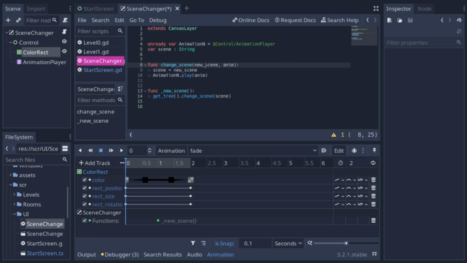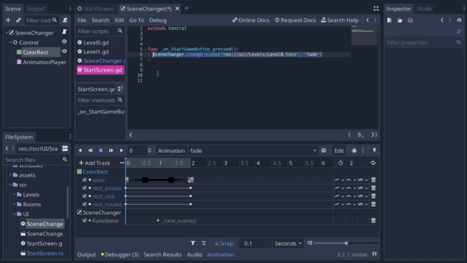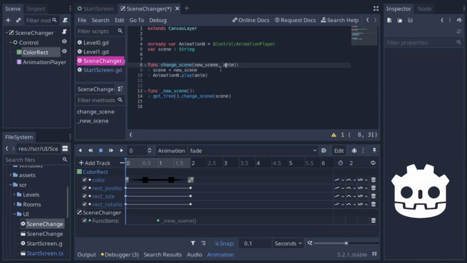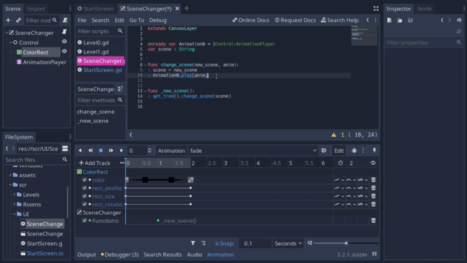No other script outside of this one will be using it. So in change_scene, we have some input properties. Here's new_scene and then anim. When I call this function in, say, start screen, I'm passing the path to the scene I want to change to, and then the name of the animation. So I set scene, this variable, to new scene, and then animation.play to the new animation. And then it will call this new_scene, which does get_tree().change_scene, and I already said